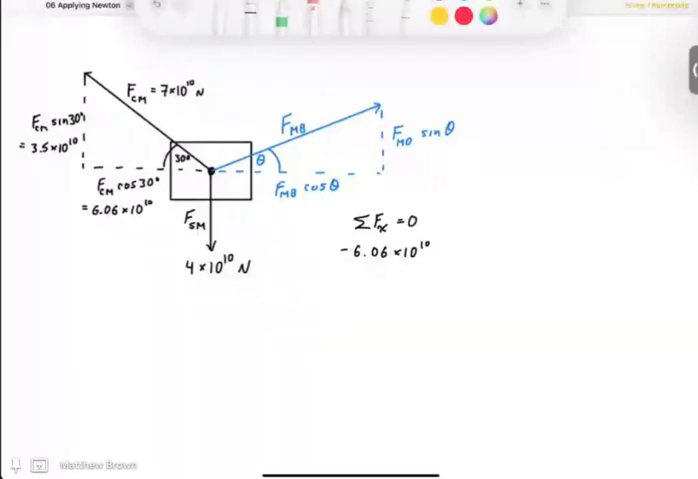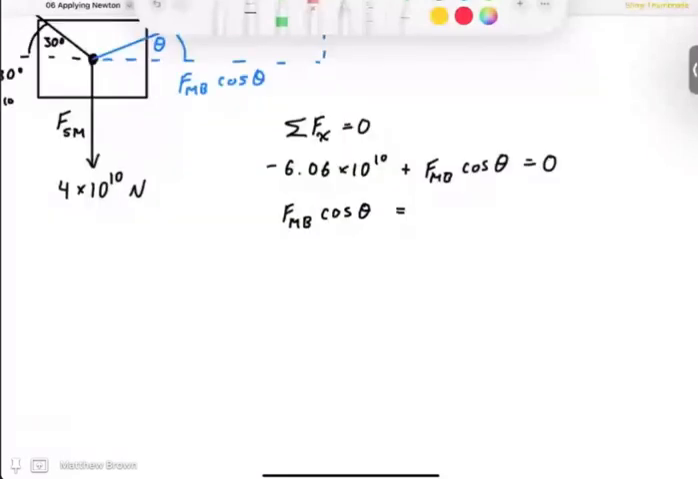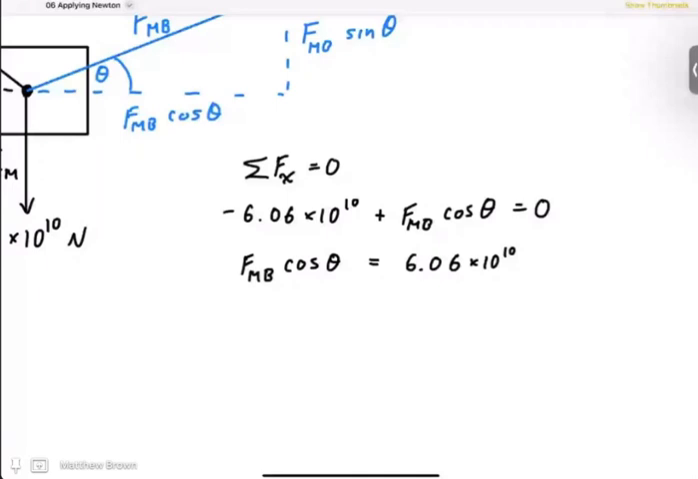Which means FMB, I'll write it out. I'll basically add 6.06 times 10 to the 10 to both sides here. If I move that to the other side, I get 6.06 times 10 to the 10. And that means there's not much I can do here, since I don't know theta. So what I would actually do here is